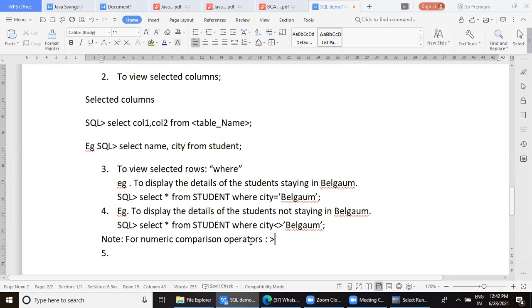One is greater than, then is less than, then obviously you have greater than and equal to, then you have less than and equal to, then you have one more operator called as between, but the syntax is little different. And then there is in, then there is not in. Okay, all these operators can be used. The examples of these operators we will cover in our next class.